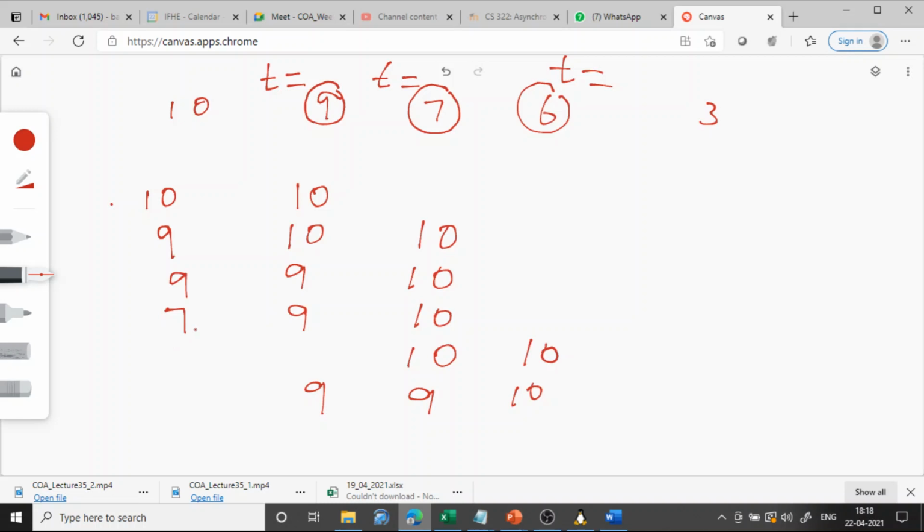Again compare the previous element with t. Is it greater than? Yes. So 7 will come here. Another copy of 7 will come here and 7 also will be here. Again if you go previous, there is no previous element. So we will just replace this with t. So it will be 6, 7, 9, 10. Okay. So at this point we have this 6, 7, 9, 10. Now we have one more element to insert, 3.